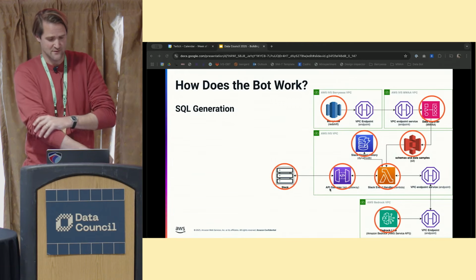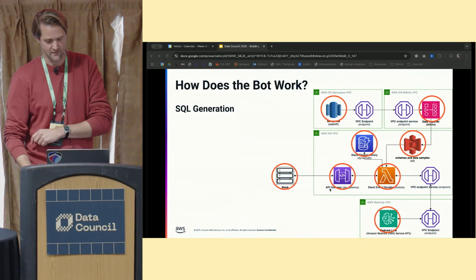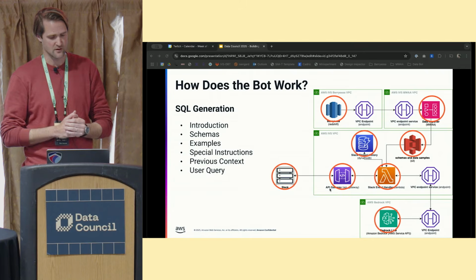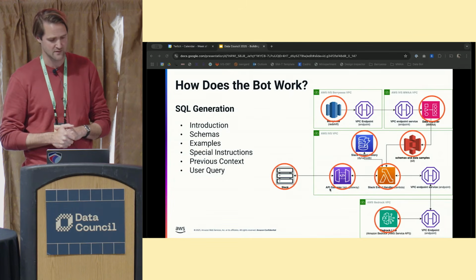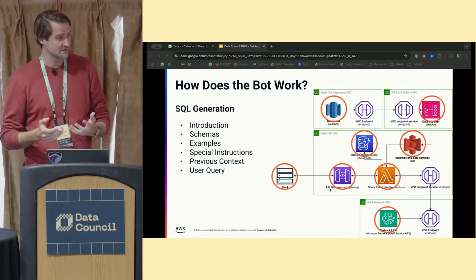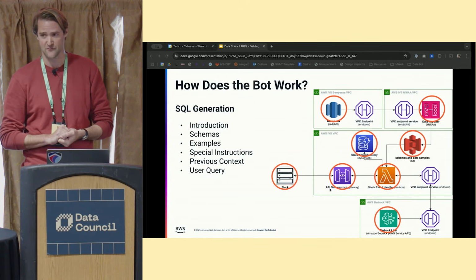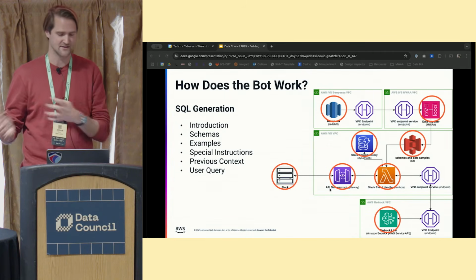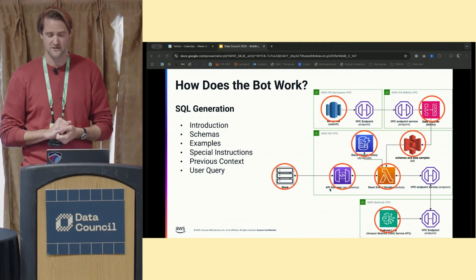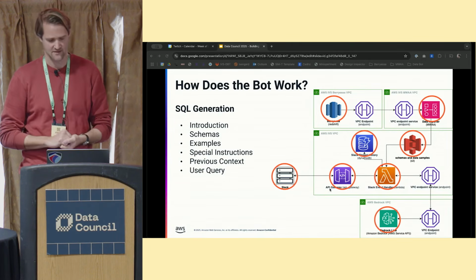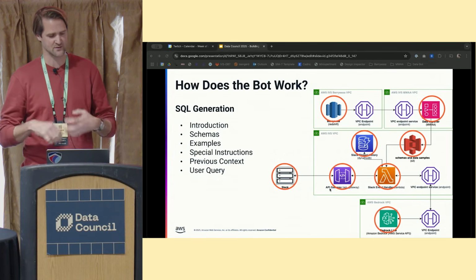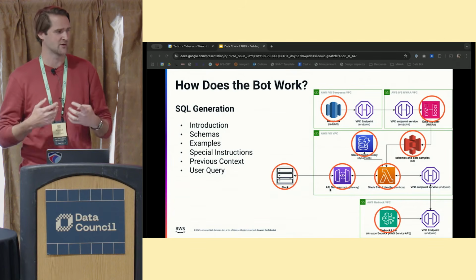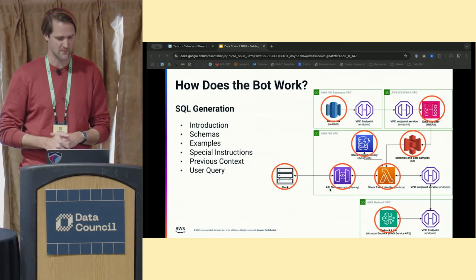SQL generation, as I mentioned before, is really the meat, and there the prompt is a bit more complex. So first is an introduction, then we include all the schemas that we think would be relevant to the user's query. We have a bunch of example queries, which are essential for the performance of the bot. And again, Jingrong put a ton of work into writing those examples to teach it how to join, how to partition the data, how to write good CTEs, et cetera. And there's a section around definitions, special instructions, what we do as a business, what these acronyms mean, et cetera, how to form the output.